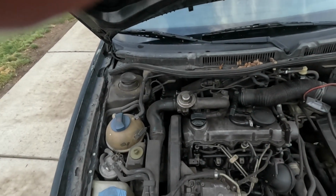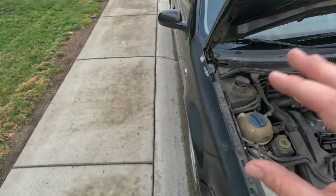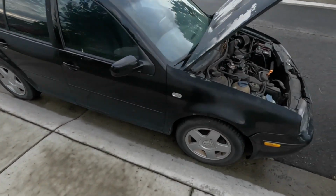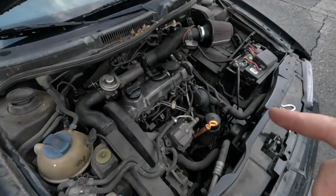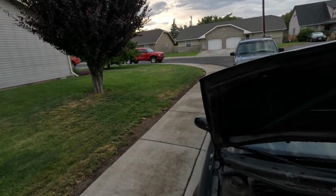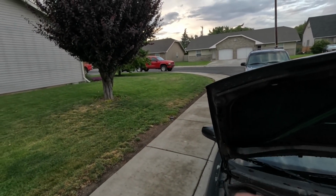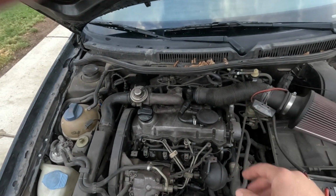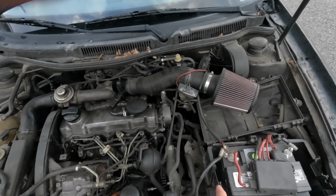So this gets about 40 miles to the gallon, just as it is. In this tiny little car, this hatchback, gets 40 miles to the gallon. Hopefully, this thing, once it's in the Dodge Dakota, it should get about 30 miles to the gallon, because it's about 1,000 pounds heavier. So I gotta take this car, strip out the engine, sell the transmission and everything else